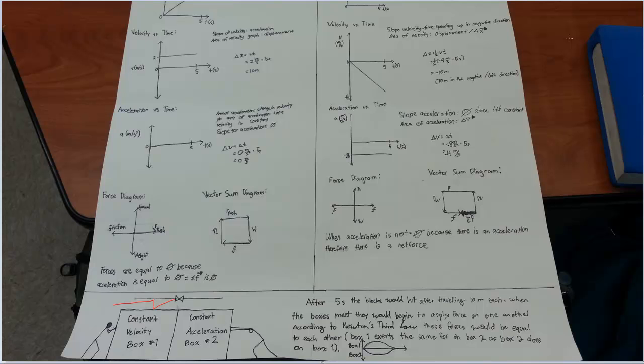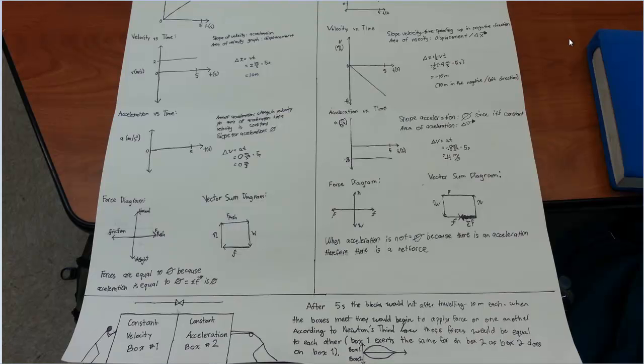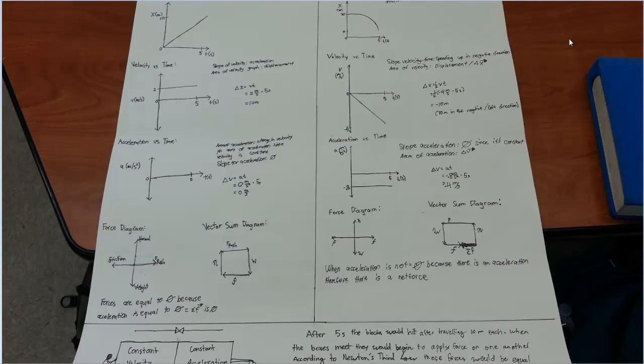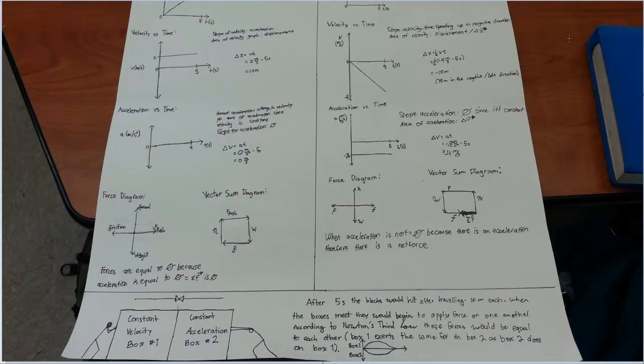That's why we see in the position time graph that it only goes up to 5 seconds, and the position time graph for the constant acceleration goes from position 20 to 10, because it'll travel 10 meters. So after each travels 5 seconds, they'll meet, and once they hit, they begin to apply force on each other. The force they apply on each other is equal according to Newton's third law,